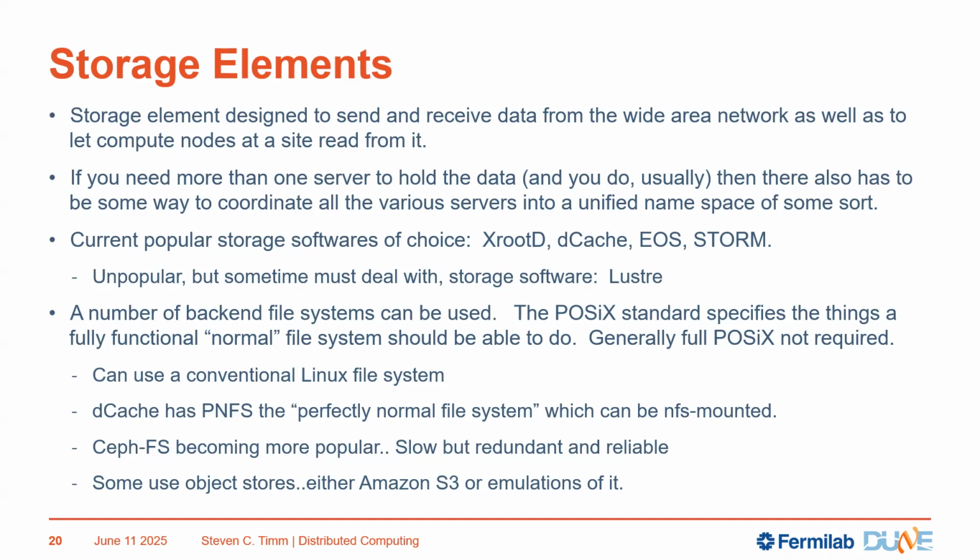All right. XRootD was developed at SLAC originally. It's an open source thing, and it allows you to federate a bunch of servers. In fact, you can federate servers across multiple sites that way with XRootD as well. It's also got a very good streaming protocol. dCache was developed at Fermilab and DESY. It's been the choice of Fermilab for the last 20 years and it's not going anywhere. Many other DUNE sites also use it. EOS is CERN's solution, and several other sites have also adopted that as well. EOS stands for exploration of storage, not end of service.